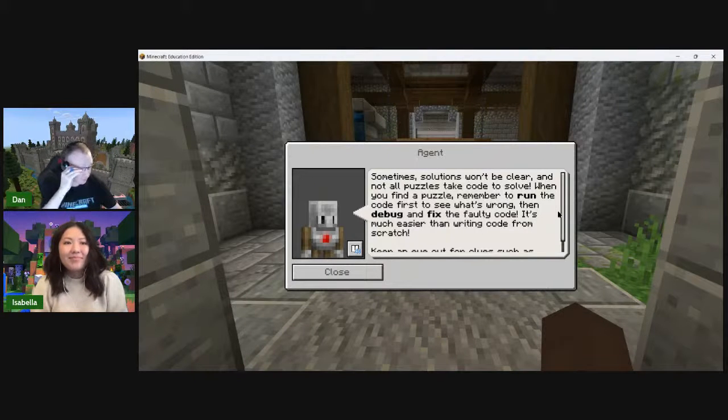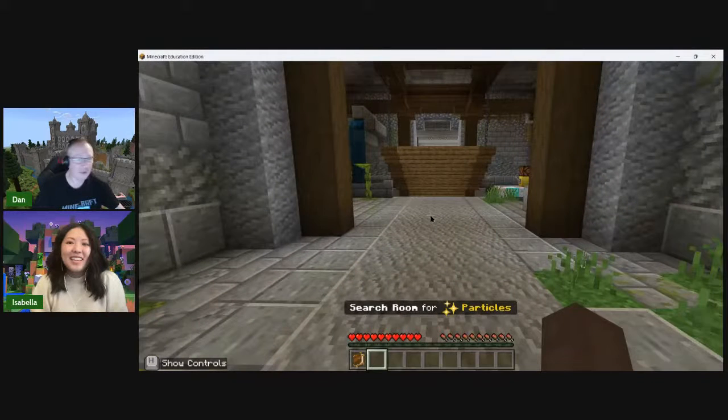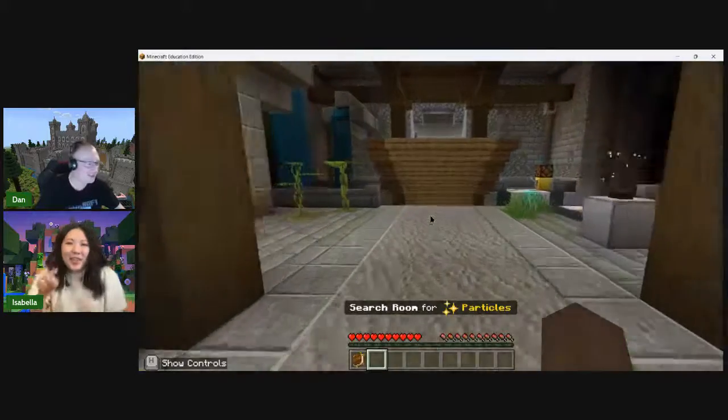Okay, that's good advice. I'm glad I read that. When you find a puzzle, remember to run the code first to see what's wrong, then debug and fix the faulty code. It's much easier than writing code from scratch. Keep an eye out for clues such as particles to help guide you. All right. Okay, normally I might have skipped that, so I'm glad I read that because that's a key piece